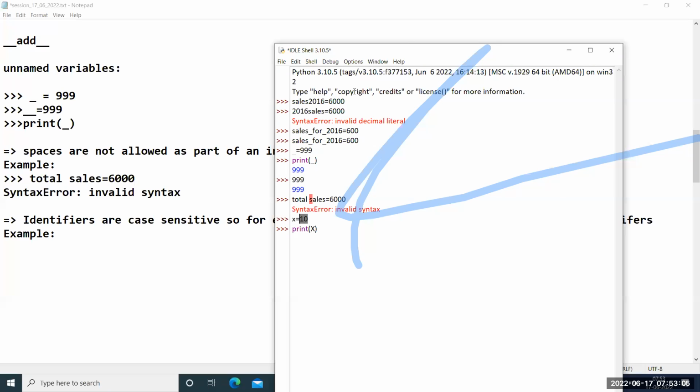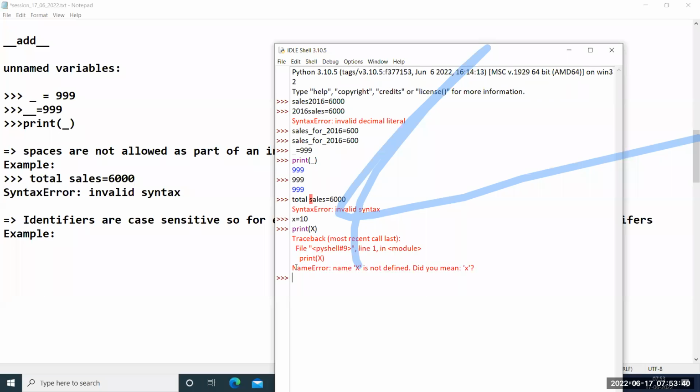If you assign a value to the variable, that is a variable definition. If you write the body of a function, that is a function definition. Understood, guys? x is equal to 10, you are defining a variable, but which one, uppercase or lowercase x? Lowercase x only. Now I am using the print statement to print the value, but within it I am using uppercase X. Is there any variable I defined with capital X? No. Obviously, we'll get an error.